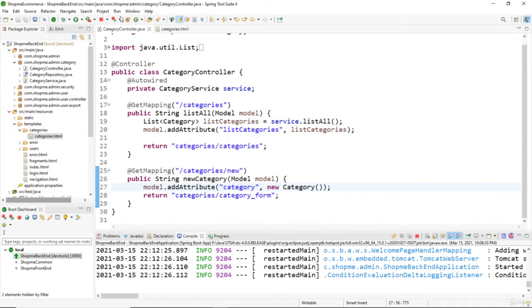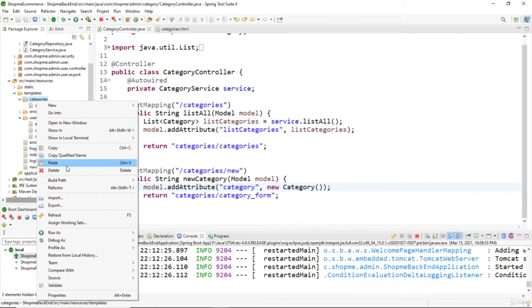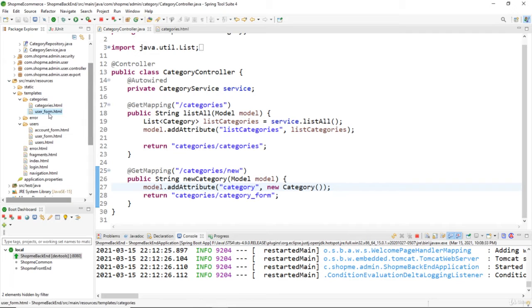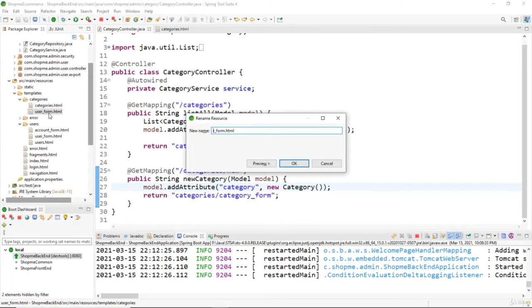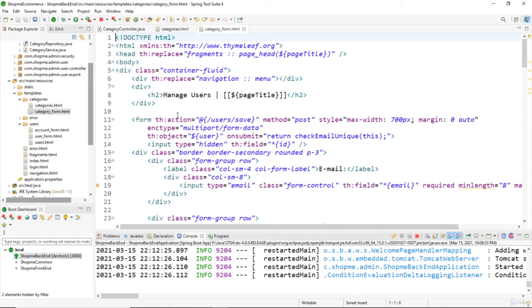And for the category form HTML page, we can reuse the code of the user form here. So we copy, paste, and then modify. The file name is category underscore form. Okay, and we modify the code here. Change the heading of the page to manage categories here, and the page title variable we set from the controller